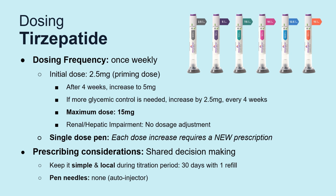From there, if a patient is still in need of glycemic control, the dose can be increased by 2.5 milligrams every 4 weeks, again up to the max of 15 milligrams weekly. Keep in mind, if a patient is having tolerance issues between these dosing intervals, it's fine to extend the dosing interval. The Tirzepatide pen is a single-dose pen, just like dulaglutide, and this feature makes prescribing Tirzepatide a little tricky